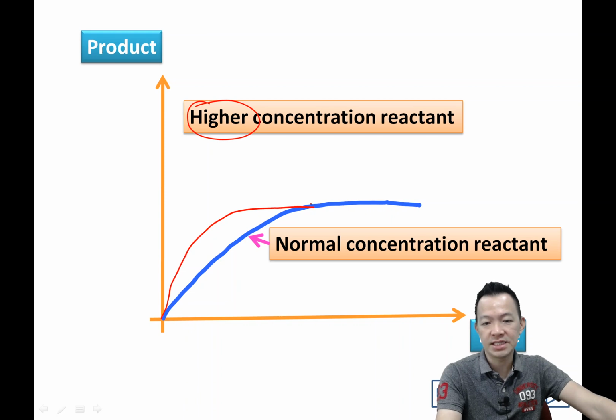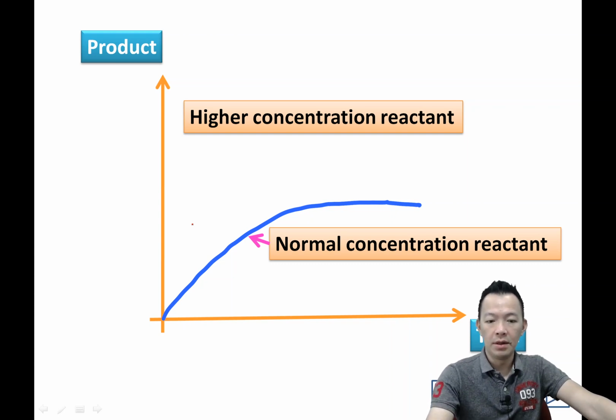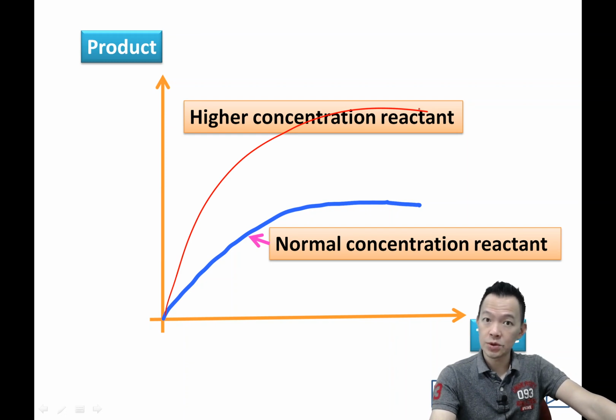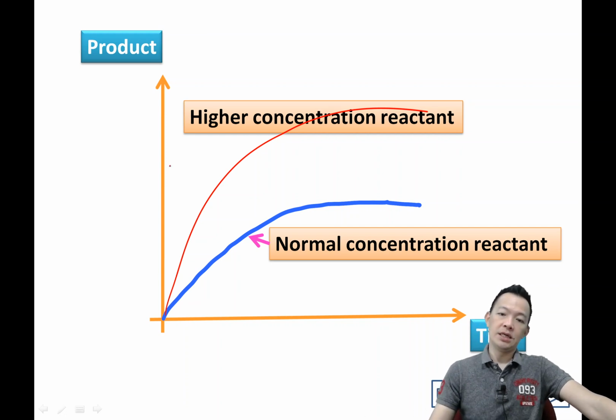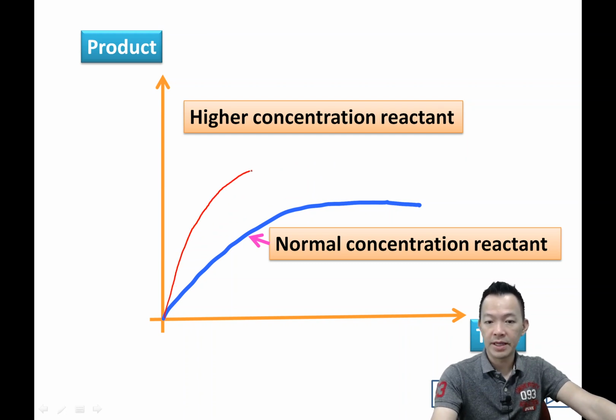So now they draw another line. And the line will look like this. 它的线呢是这样子的。And again, you'll be wrong. 你是错的。Why? When the concentration becomes higher, the number of particles will be more, or the reactant becomes more. When the reactant becomes more, the product should be more. The rate of reaction will be higher. 反应体的速度呢比较高。So the graph will be steeper 啦，比较斜。But finally, the number of product will be higher. 你拿到的 product 呢会比较多。So 浓度越高，反应体越多，the product will be higher 啦。你拿到的 product 会更多。